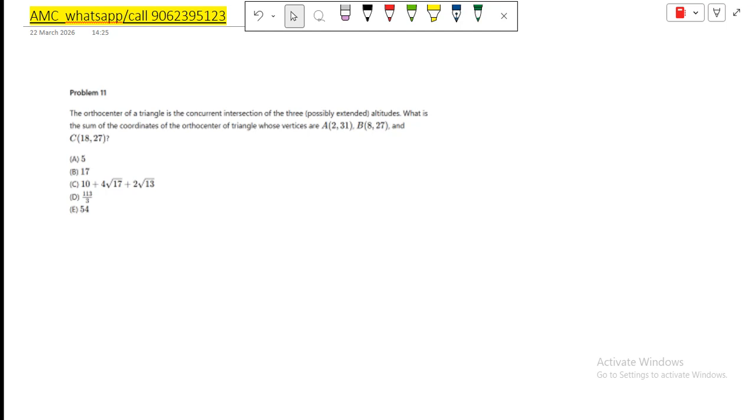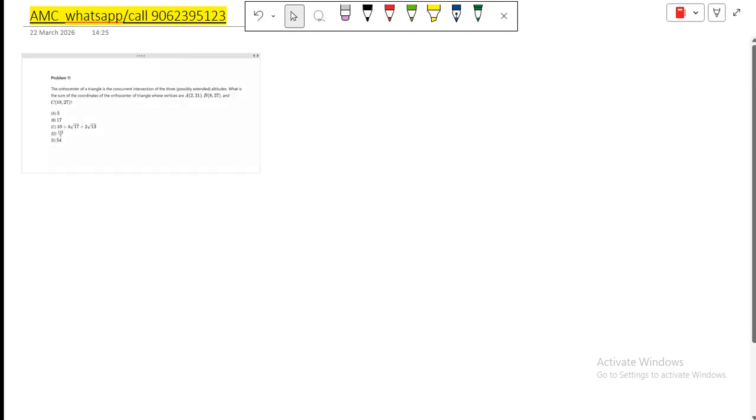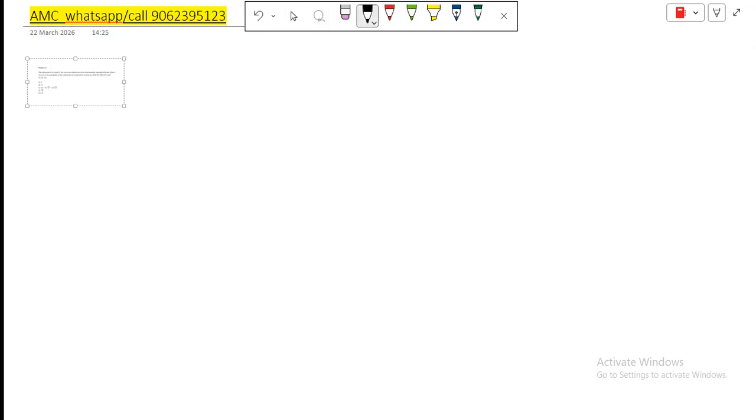So look at those coordinates again. Does anything look suspicious? Look at B (8, 27) and C (18, 27). They both have the same y coordinate, right? That means BC is a horizontal line,